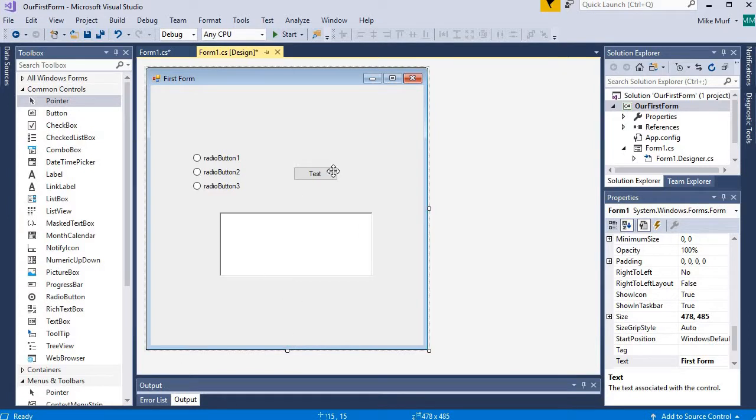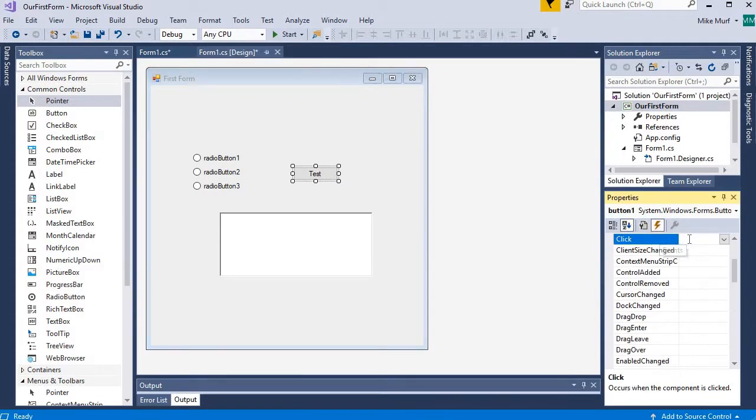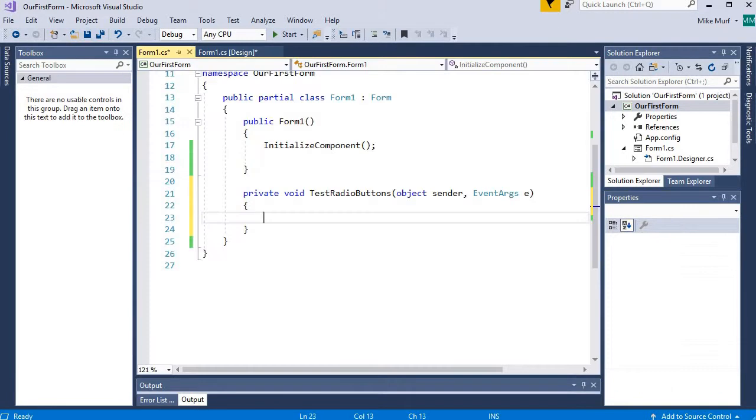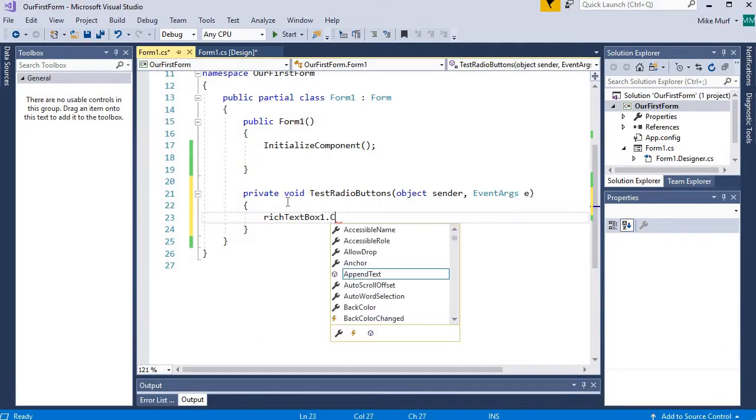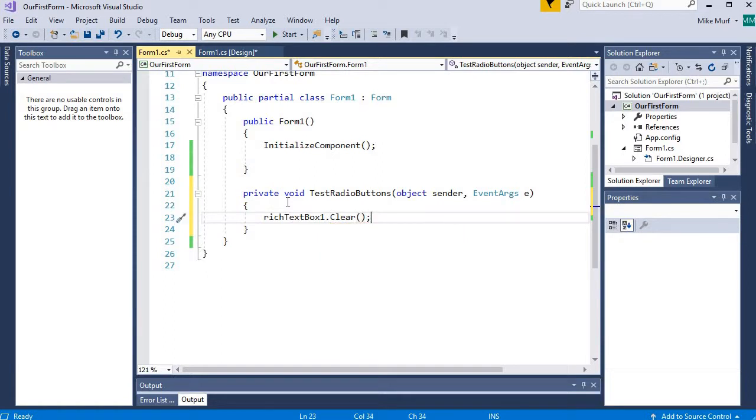Now, the first thing I'm going to do is register a click event handler for my test button. What I want to do is when I click on this button, I want to check to see which of these radio buttons is selected. So I'm going to select my button and add a click event handler. I'm going to call this TestRadioButtons. And let's write some code here. First thing I'm going to do is clear out whatever was previously entered into the rich text box. And I'm going to say if